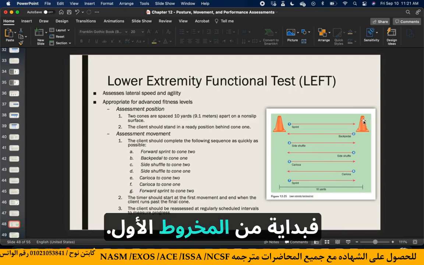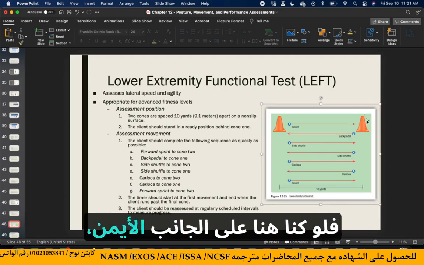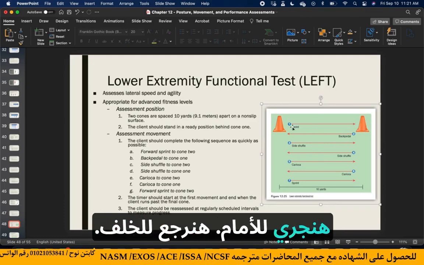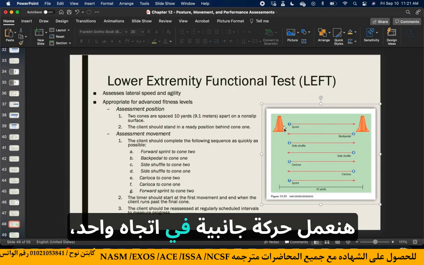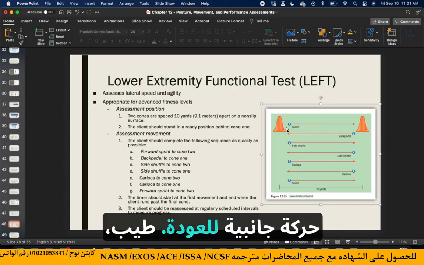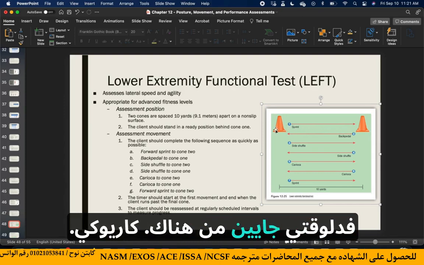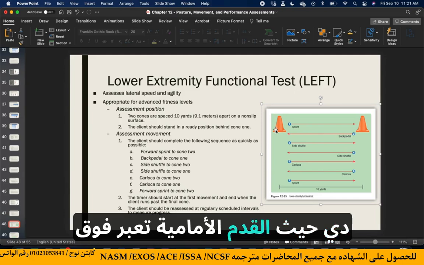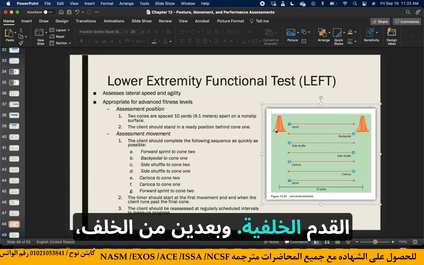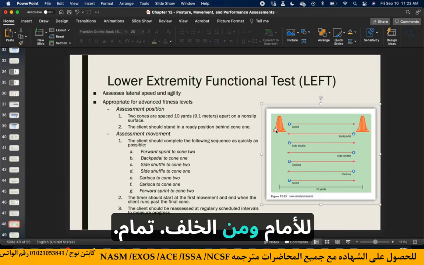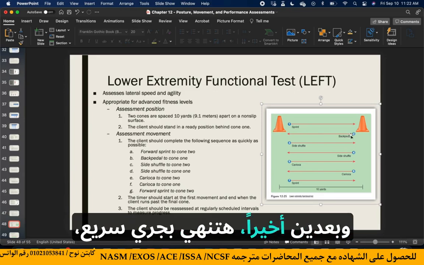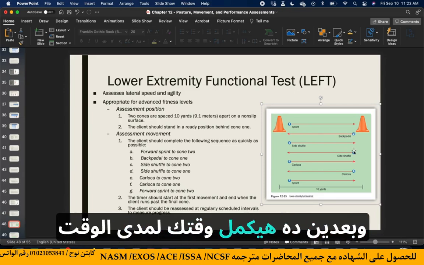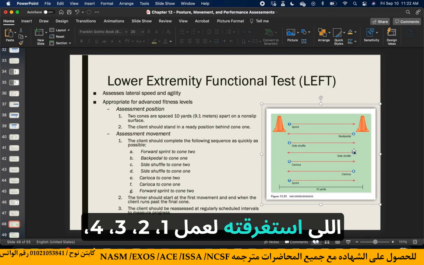So starting at cone 1, if we're over here on the right side, we want to think about starting here. We're going to sprint forward. We're going to back pedal back. We're going to side shuffle one way, side shuffle back. Okay? So now from there, karaoke. Now karaokes, those are where the forward foot crosses over the back foot and then behind, forward and behind. All right? And then lastly, you would finish off with a sprint, and then that would complete your time